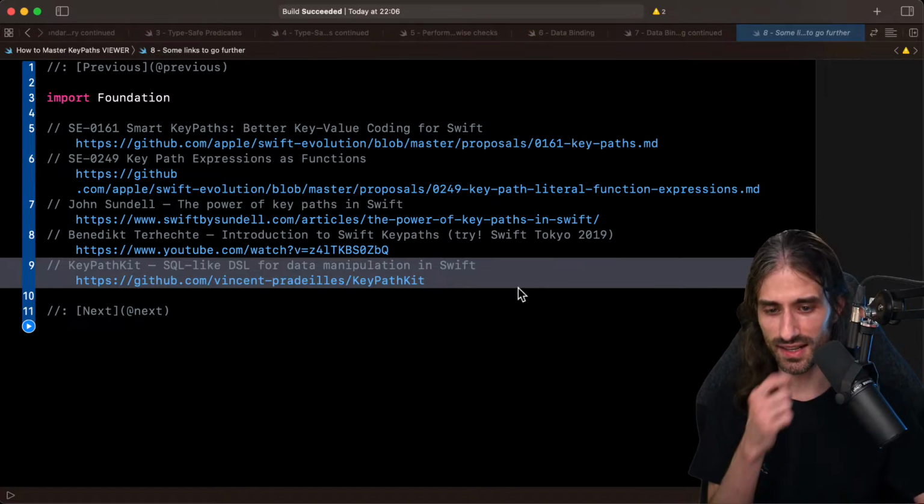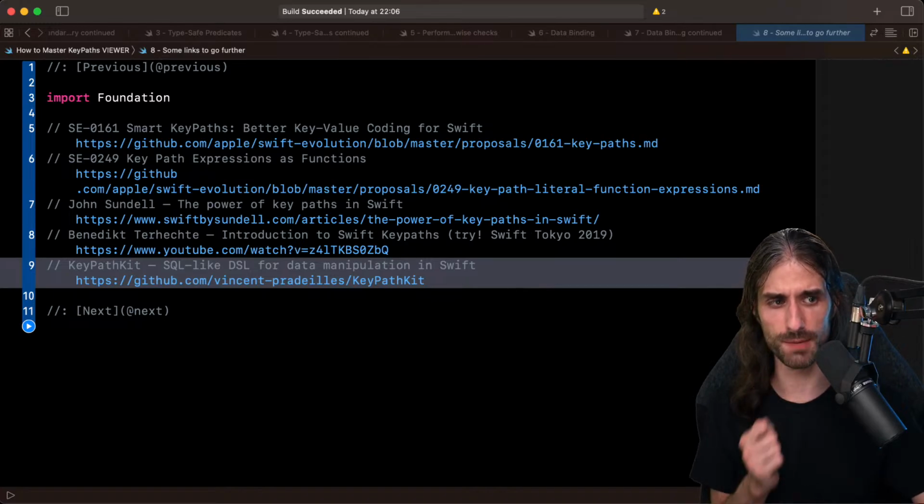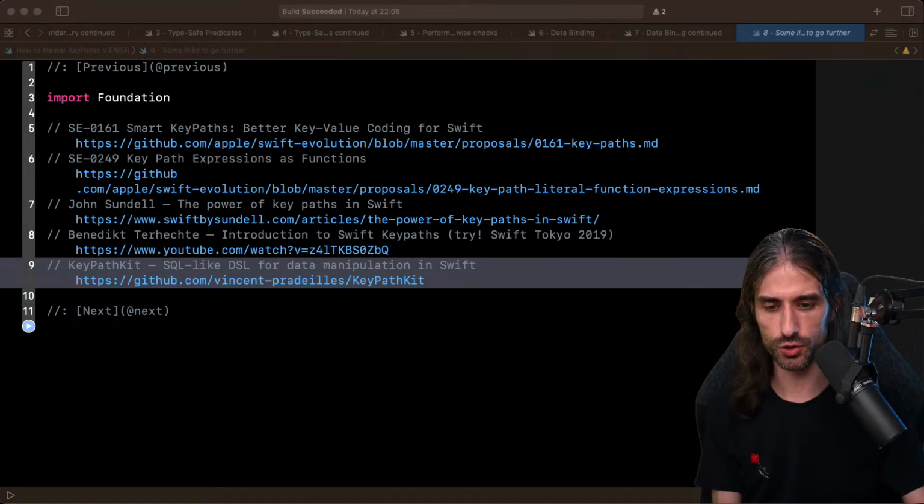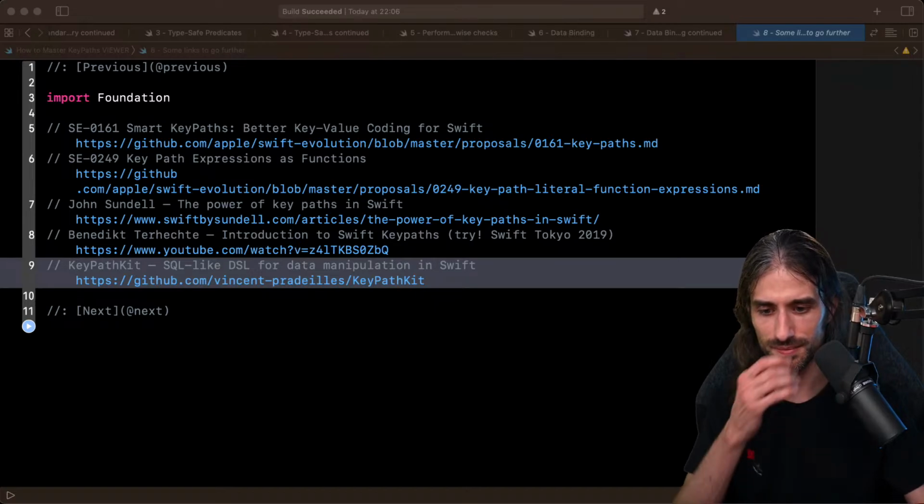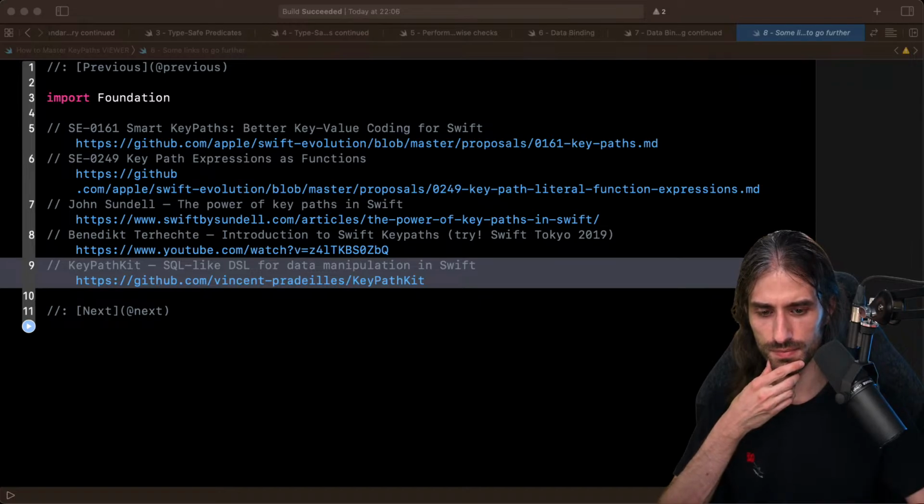And so to finish, let's have a look at these optional key paths you were mentioning. Actually, I am not 100% sure what you were mentioning, so I'm going to do a quick Google search of key path optional just to see. Key path on optional value. Oh, okay. I think I see what you mean.